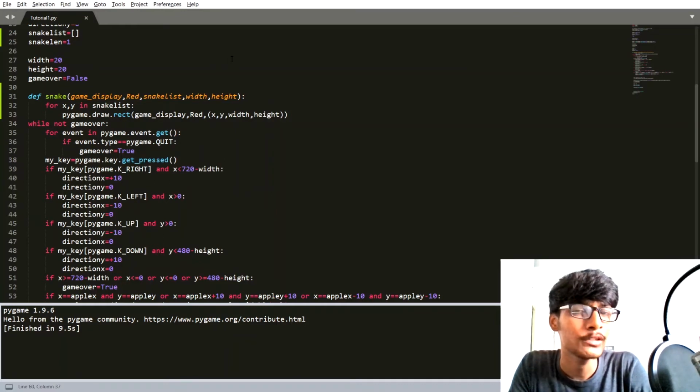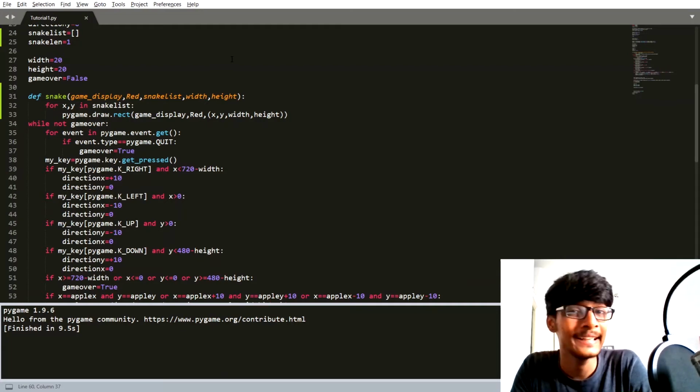But one problem is that we want to increase the length of the snake only and only when the snake eats an apple.